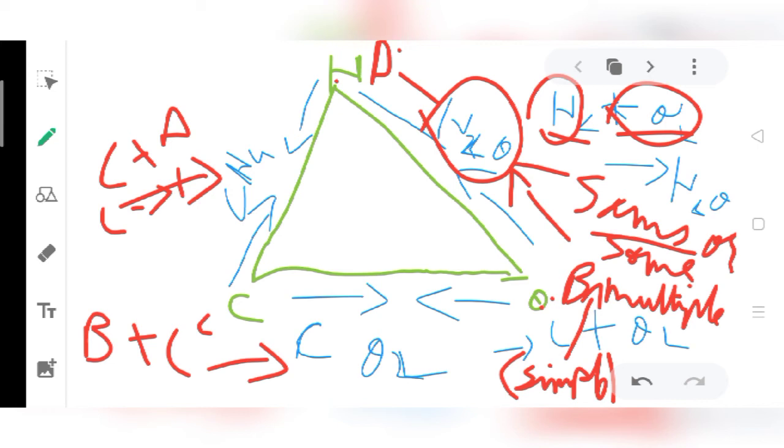So by here we can complete another topic, that is the law of reciprocal proportion or equivalent proportion. So in the next video we are going to discuss the structure of atom. Before the structure of atom, we will discuss the hypothesis of Berzelius and Avogadro's. So till now this much only,